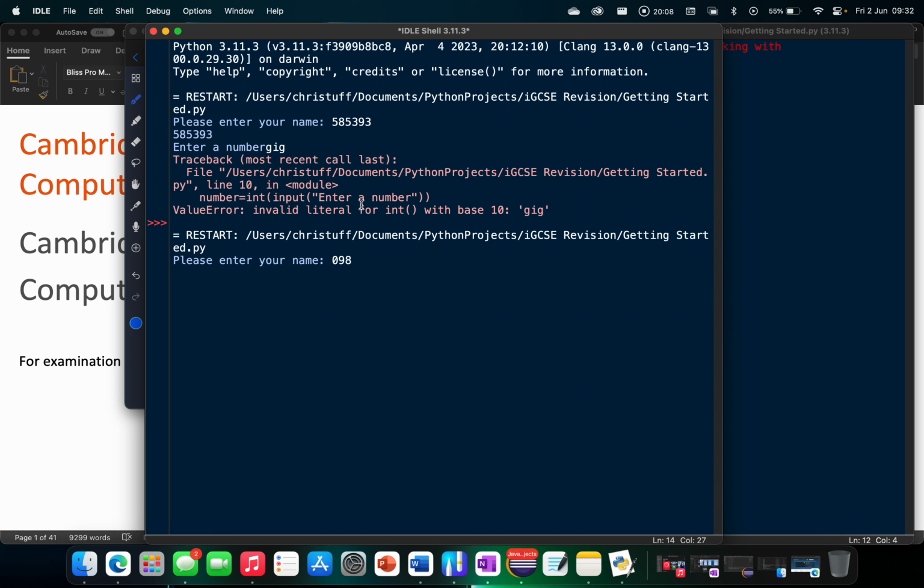So I can try again, and again, like I said, it can be a number, and if I write this as a whole number and not a decimal, you'll see it automatically turns it into a decimal. So that's not too bad. But what Python will not allow you to do is write a number into an integer. And another thing, although it lets us do this,